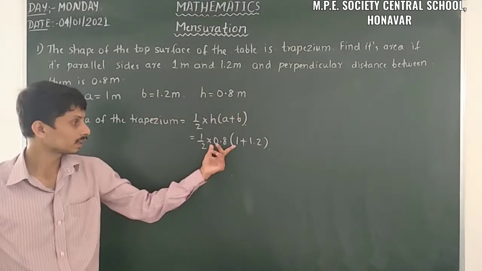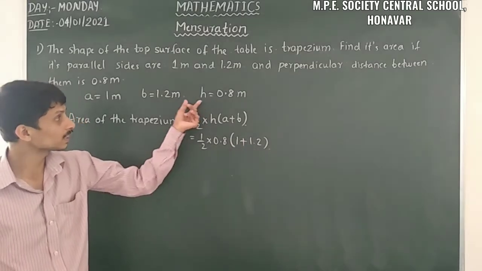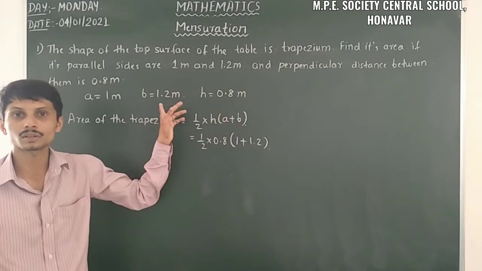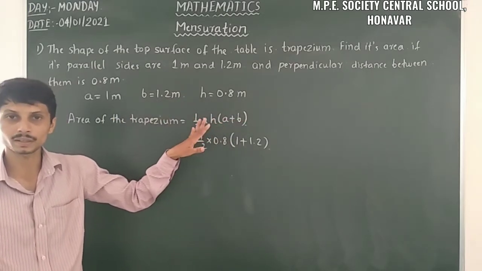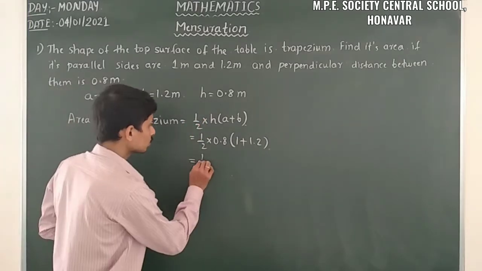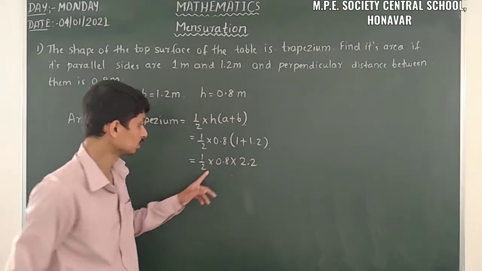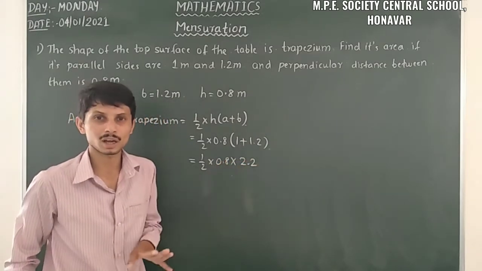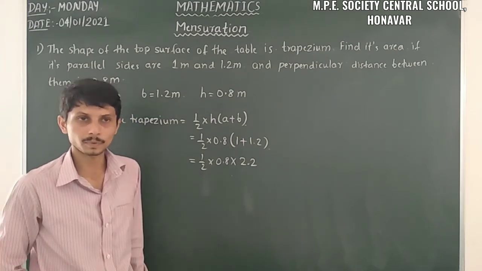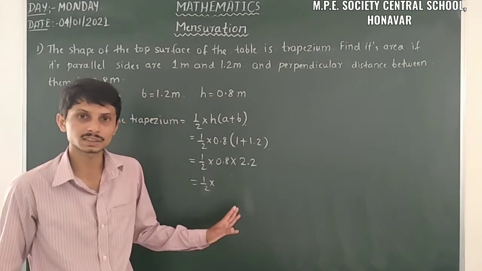So that's why we can write in the formula. But if it was 1.2 centimeter, then since the other two are in meters, we would have to convert this centimeter into meter. Yes, is equal to. So here just observe. We can simplify: 0.8 into 2.2. Here we have 0.8 and 2.2, so decimal numbers. We can convert them into fractions also. 1 by 2 into... it is better to convert into fractions, it is easier for us.